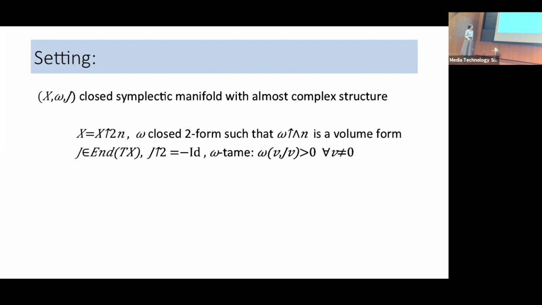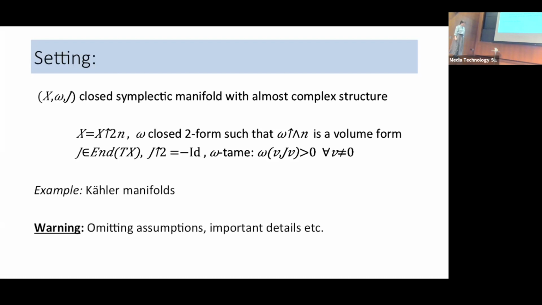So, almost complex structure. Think complex manifolds, these are good for intuition purposes. Pick your favorite Kähler manifold, which will be both complex and symplectic in a compatible way. And my personal favorite is probably CP^n, but that's because I'm boring. And an important